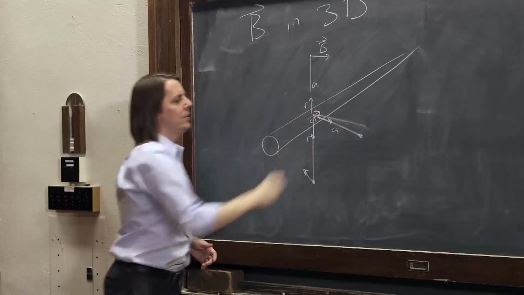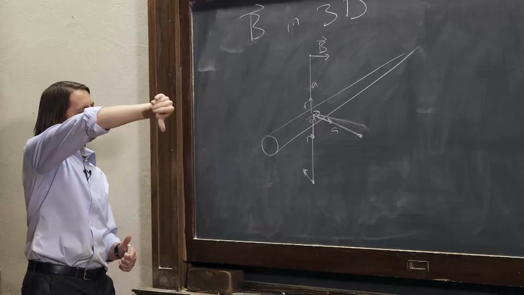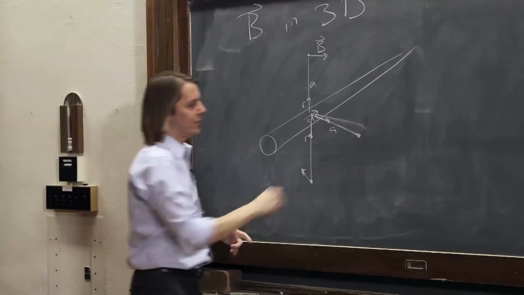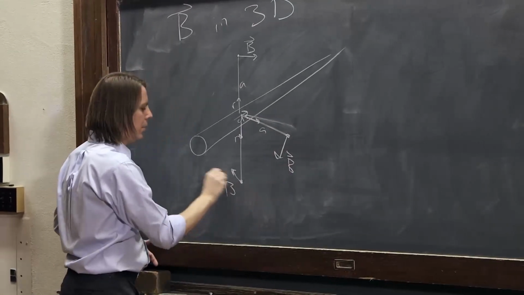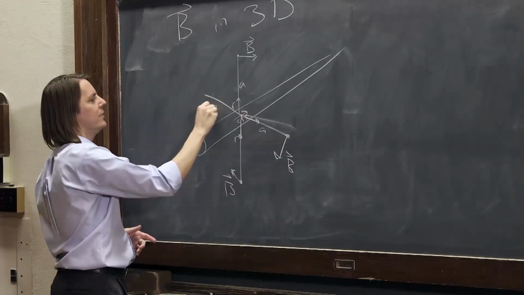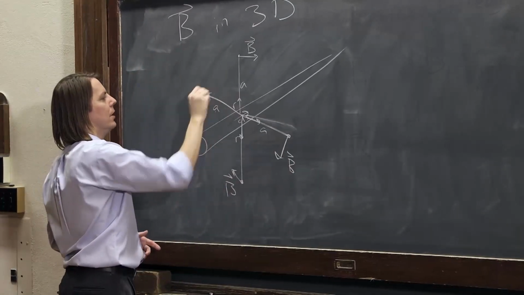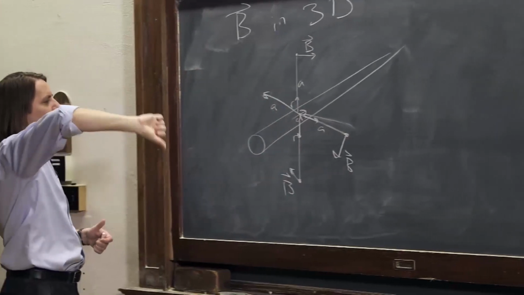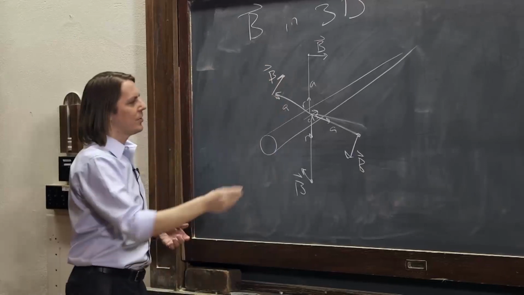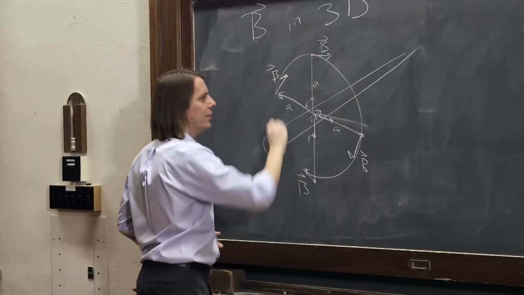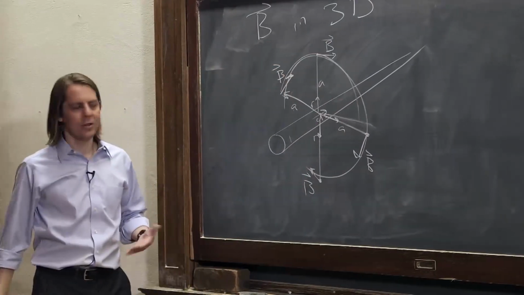Now r is going this way out, ds cross r, it'd be down, right? There's B. And if we went back this way, distance a, there's r. ds cross r, it'd be up. So you can see what's going to happen is it goes around,